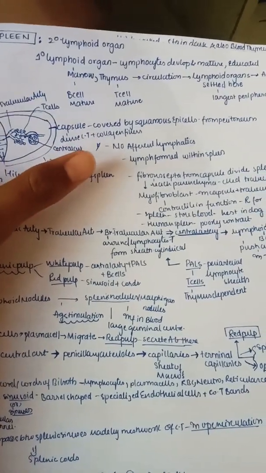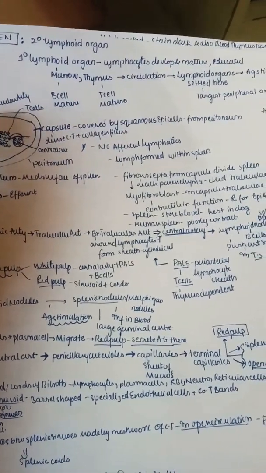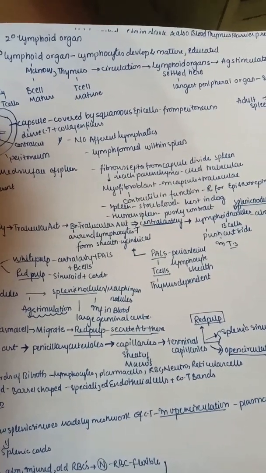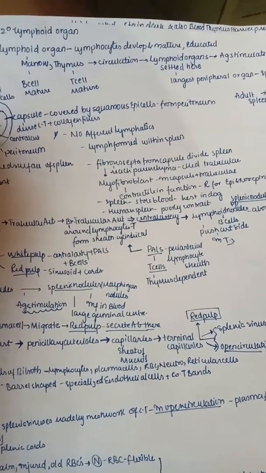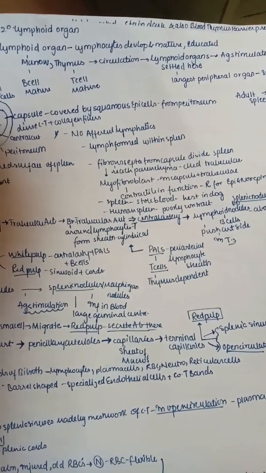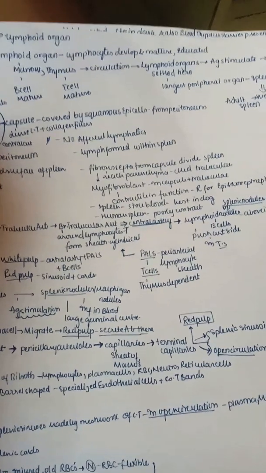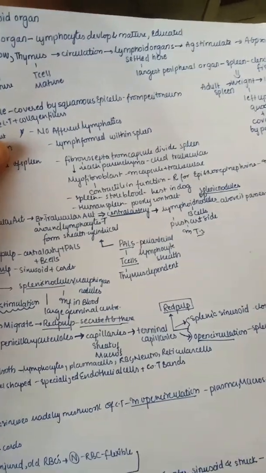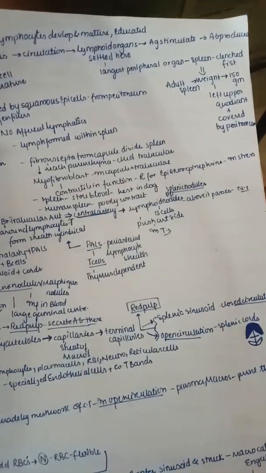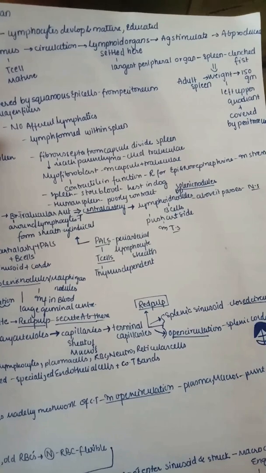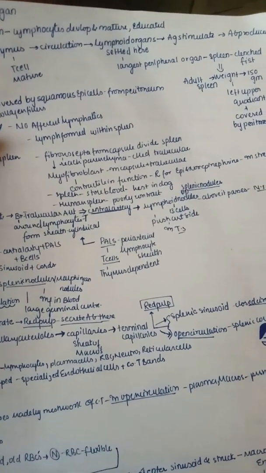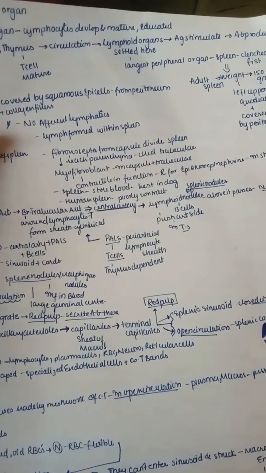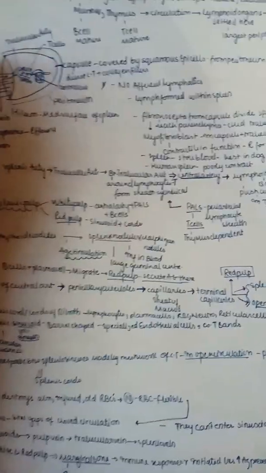The spleen doesn't have efferent lymphatics, and the lymph is formed within the spleen itself. The fibrous septa form the capsule and divide the spleen, reaching the parenchyma, and are called the trabeculae. This fibrous septa along with the capsule have myofibroblasts present in the capsule and also in the trabeculae, and they are contractile in function. They have receptors for both epinephrine and norepinephrine, which are mainly released in stress. The spleen stores blood, and this is seen in lower organisms, mainly in dogs. The human spleen is poorly contractile when compared with lower organisms.